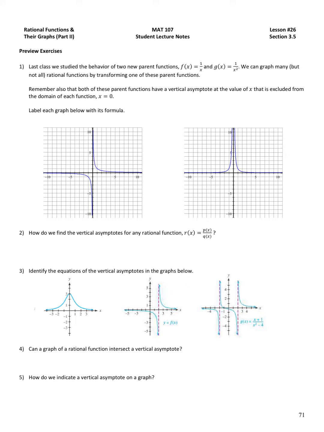So remember, both of these parent functions have a vertical asymptote at the value of x that is excluded from the domain. In both of these cases, that value is x equals 0. You can't make x 0, or you would have a 0 denominator. So we have a vertical asymptote at x equals 0 for both of those functions. This one is f of x equals 1 over x, and this one is g of x equals 1 over x squared. So those are two new parent functions that you should be familiar with and know what their graphs look like